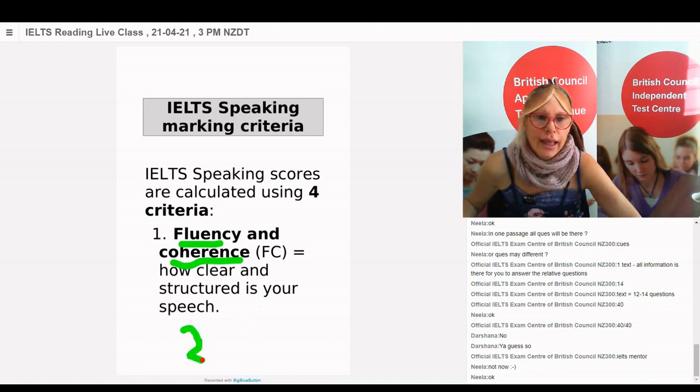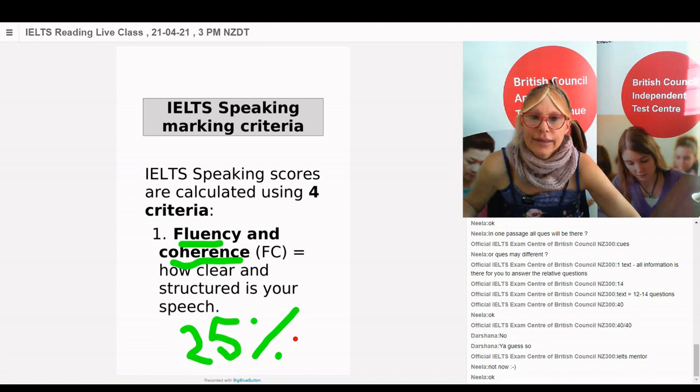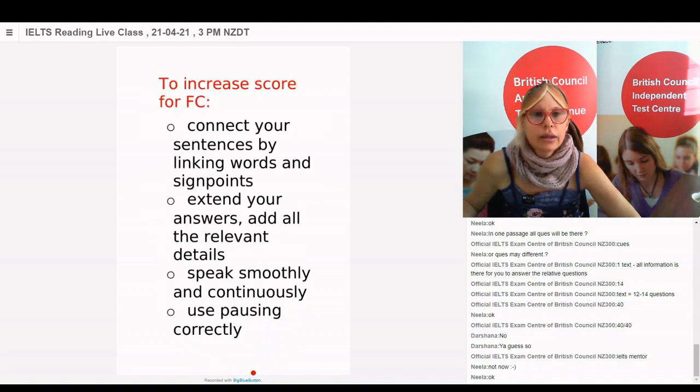So of course, out of the 100%, which is the whole score, this is worth 25%. Fluency and coherence is worth 25%. Okay, so the next thing that you're going to be marked on is